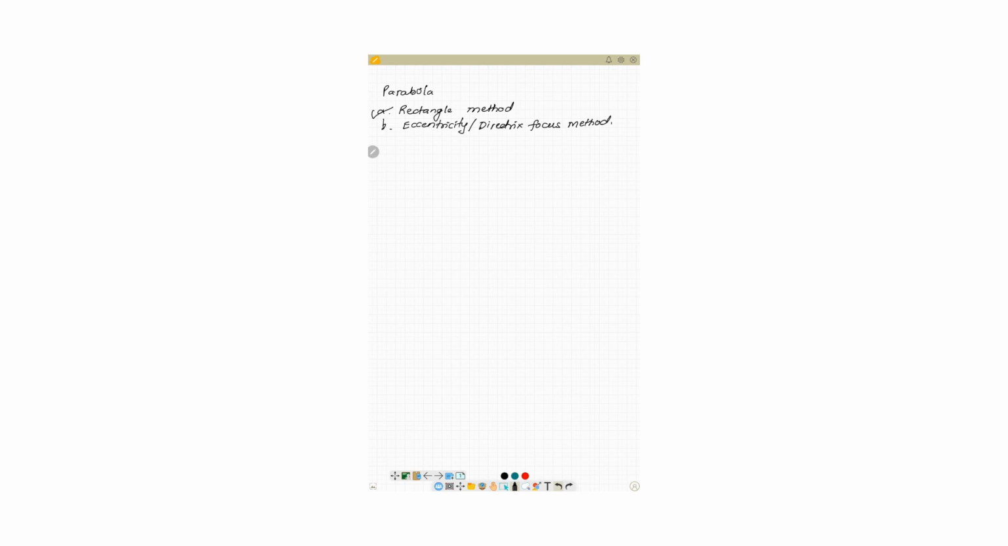As the name says, in the rectangle method we have to construct a rectangle with the given dimensions and then carry out the construction in order to get the parabolic curve. We'll see one problem statement to understand this. The problem statement is: construct a parabola by rectangle method